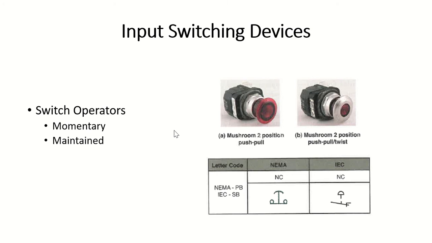That would be an example of a momentary set of contacts, whereas a maintained set of contacts would be I press that push button in and it remains in that closed state until I physically, there may be some sort of a lever where I have to pull it back out to get them to change to